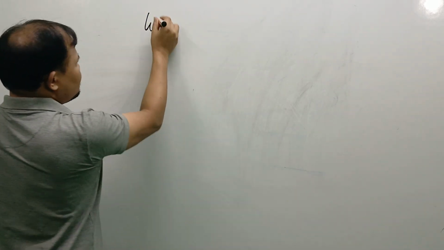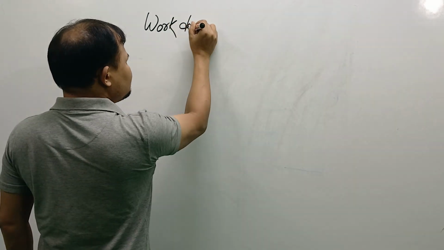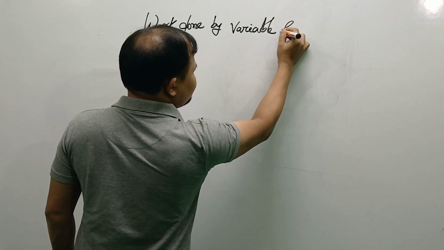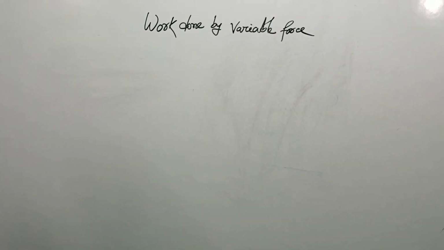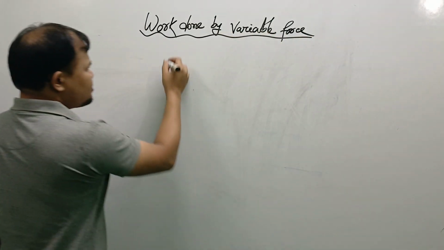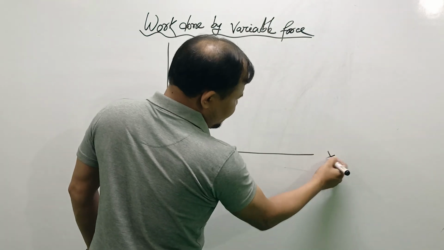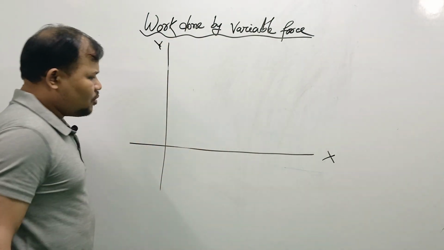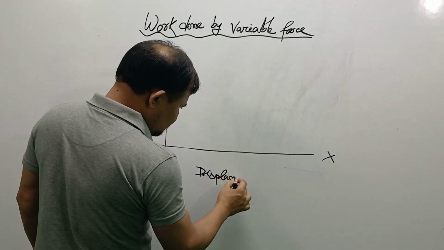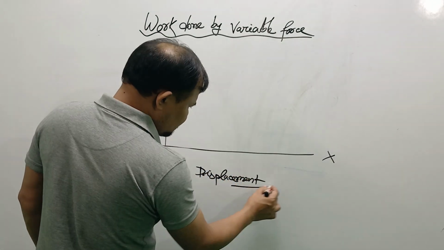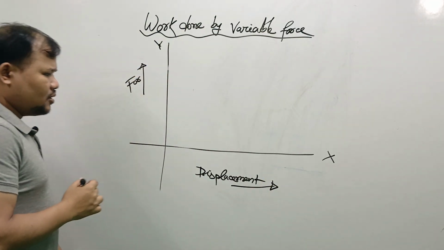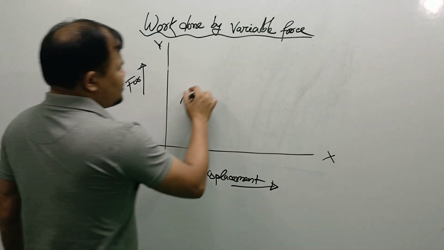Work done by variable force. This is really a very important part in our physics. Okay, suppose this is the x-axis and this is the y-axis. We put displacement on the x-axis, displacement in this direction, and force will be in this direction. Okay, suppose this is the graph